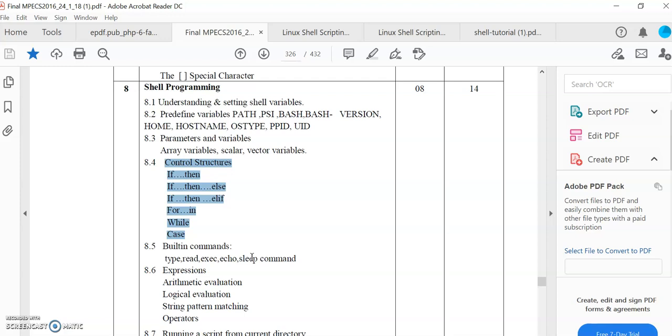Currently you are writing in Java and PHP. In the same way, we will write a script. That script will be executed as a set of commands, rather than writing them separately on the terminal. This set of commands we write in one file, and that file we can reuse multiple times. That is the use of a script.